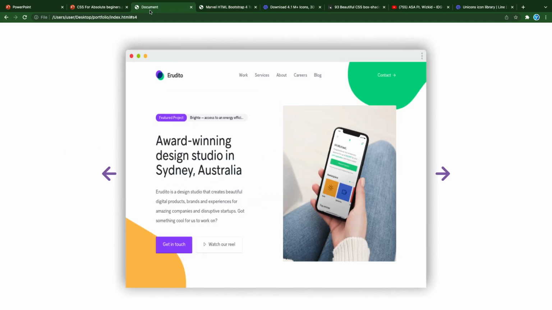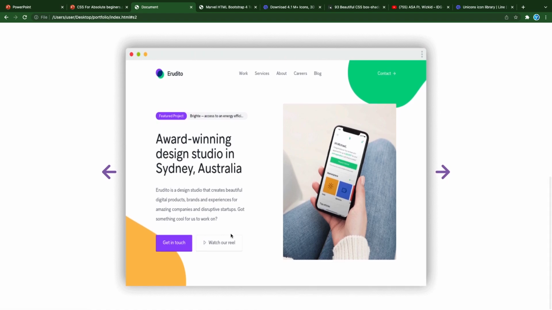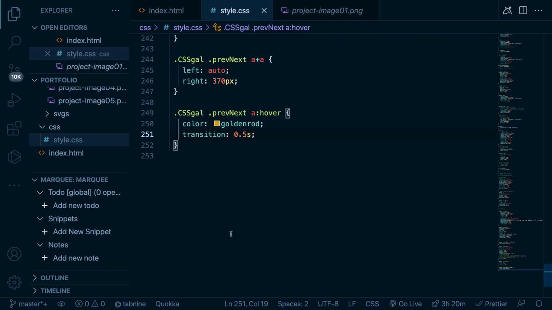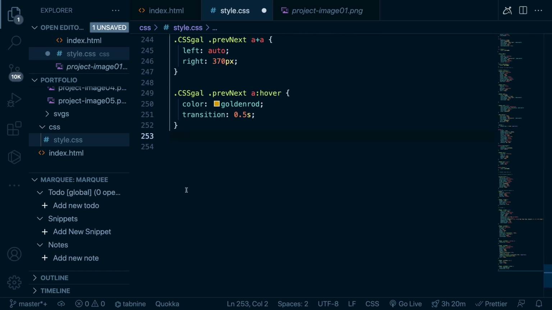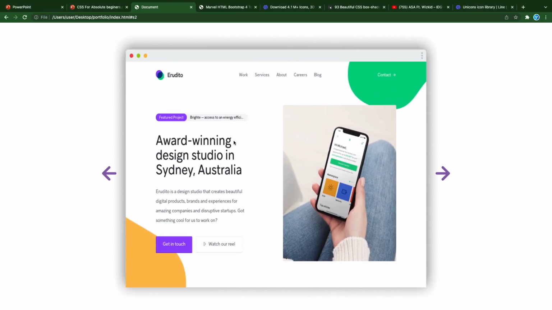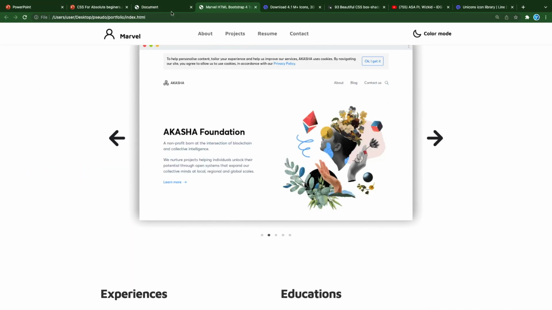All right, so to achieve that, what we need to do is simple. But before we achieve that, I also want to